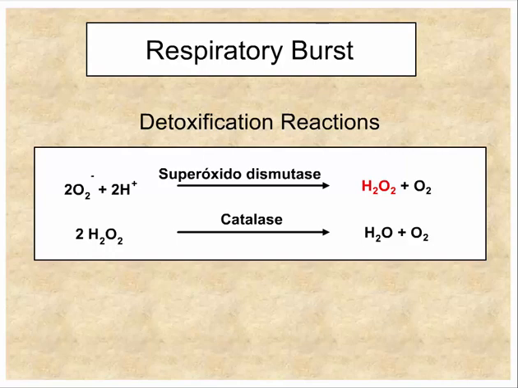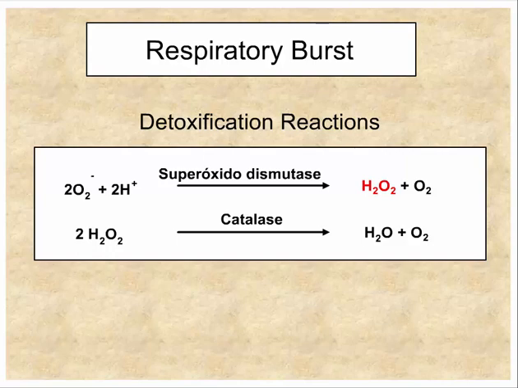Before I get to that, I forgot it. Let me just stress this point. These oxygen products that were being produced are obviously highly toxic. If they get into our cells, they're going to destroy our proteins and destroy our cells too. And so obviously there's got to be a way of detoxifying these compounds so that we don't get the overproduction of them. And there are some detoxification reactions.